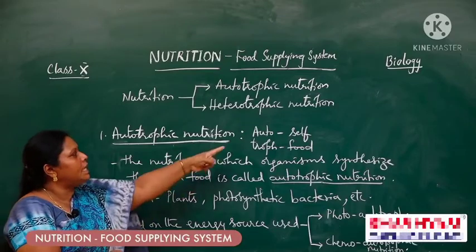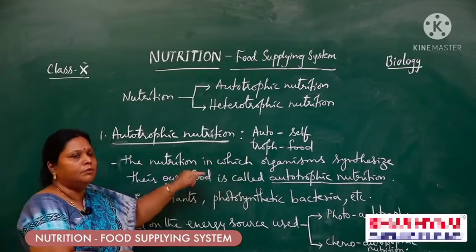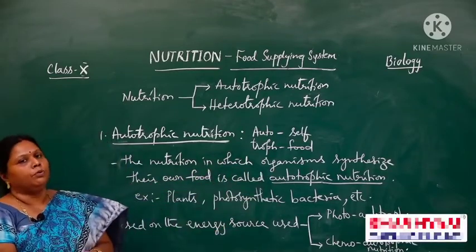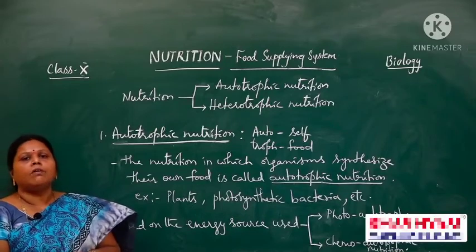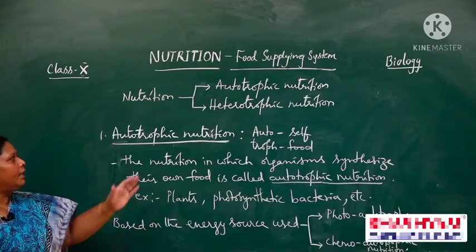So, coming to the first one, autotrophic nutrition. Auto means self, troph means food. That means in this nutrition, the organisms synthesize their own food. That nutrition is called autotrophic nutrition. Understood? Again I repeat,